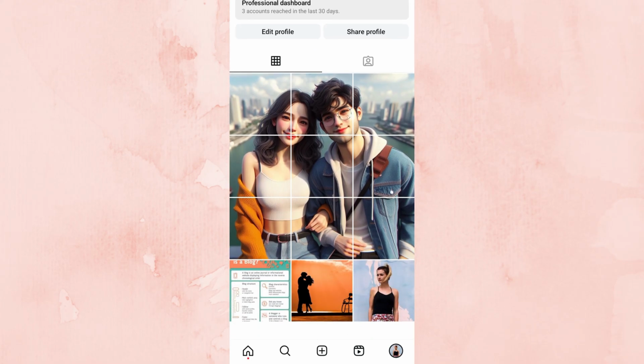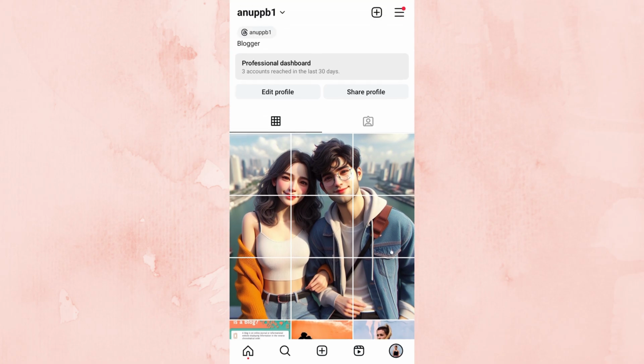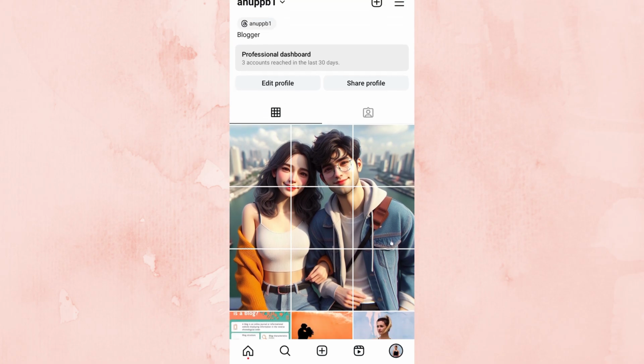By following these steps, you can create an eye-catching grid photo on Instagram that will captivate your audience and showcase